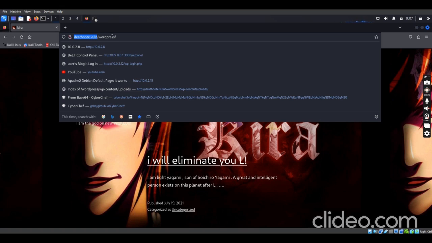That simply means this is a folder. There's a folder called WordPress under this particular website. So this is a directory. We can call it a folder, we can also call it a directory. Every website operates in a similar way, that is, they have folders and directories.